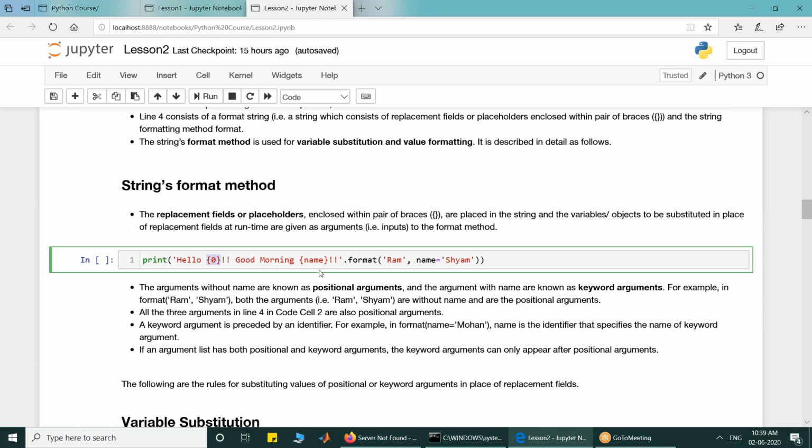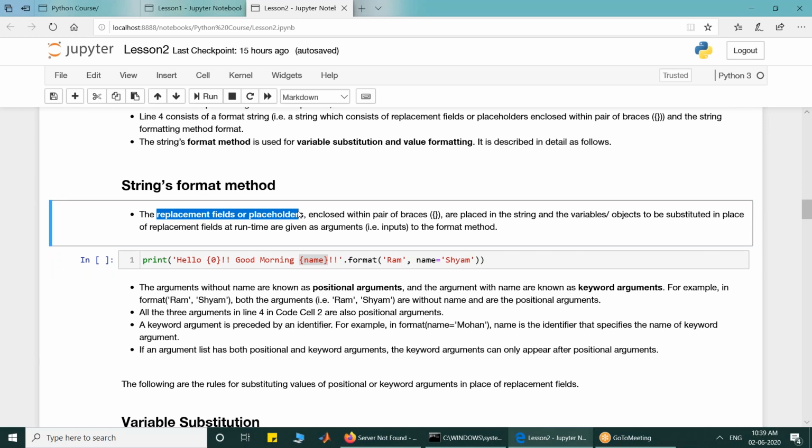All those things which are written within curly brackets within a string are known as replacement fields or placeholders. These replacement fields or placeholders will get their values from the format function.